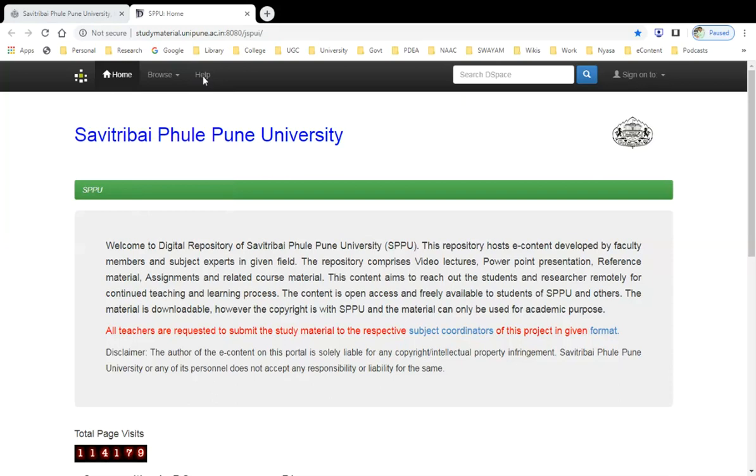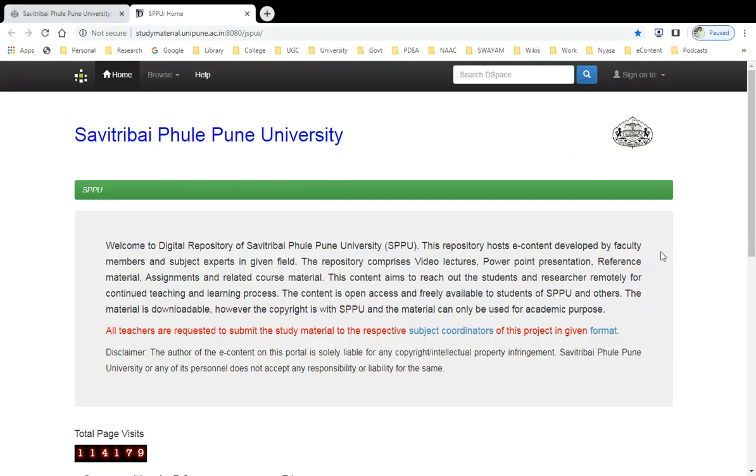This repository has been created using DSpace software, and you can get a demo here of how to search, how to choose, and how to define and develop our search to get the precise information you are searching for.